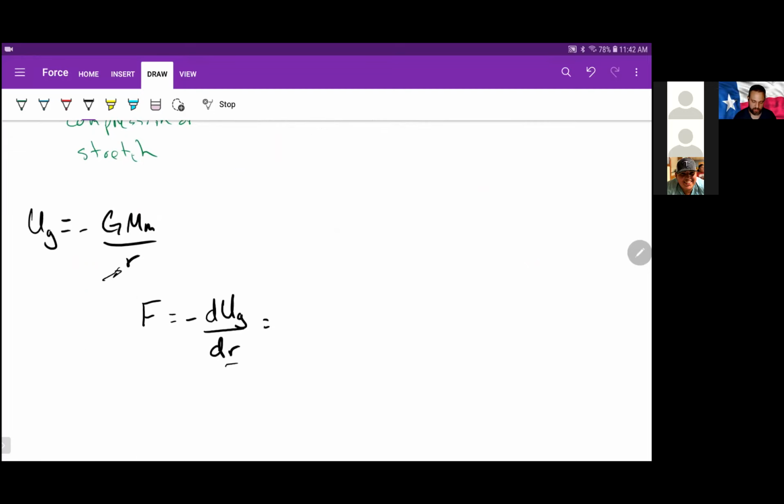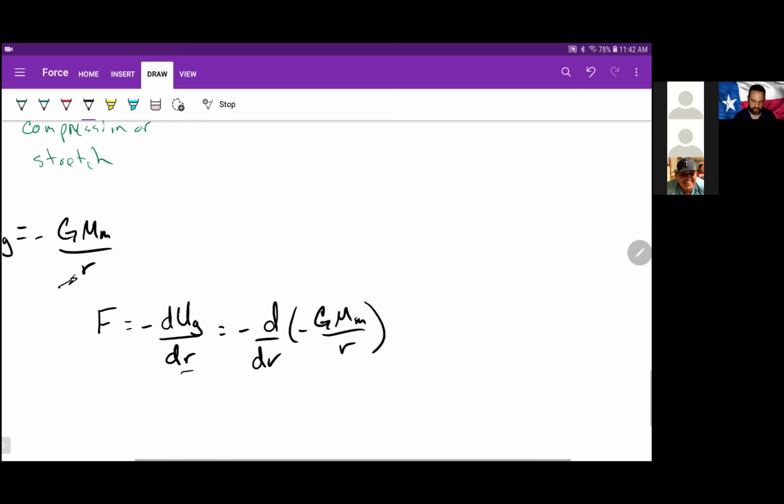Plug that in, d over dr of negative GMm over R. G, M, and m are all constants, so I can pull those out, and that negative can come out too, so I'm going to end up with GMm times d over dr